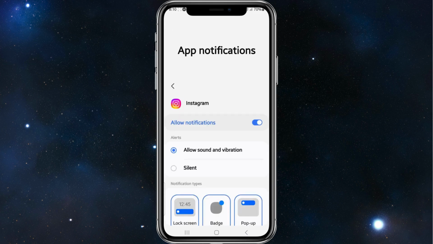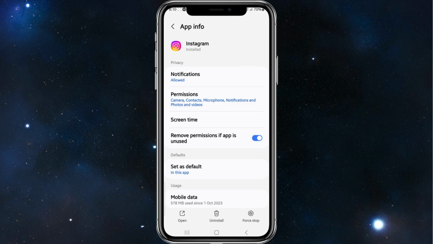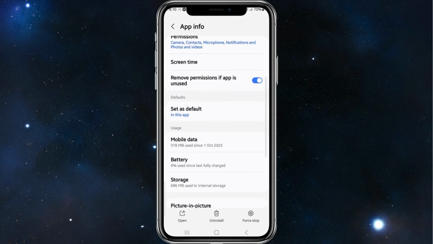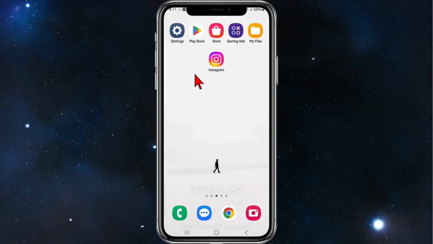Then click on Instagram, and make sure you toggle Allow Notifications to on. Then head back, and from here you want to head back to your Instagram